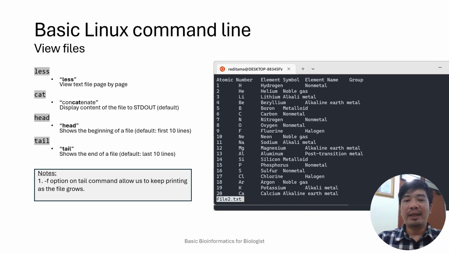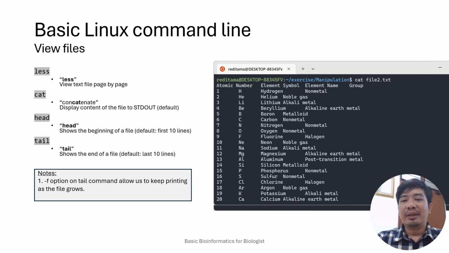Okay, and then after this, you have to press escape to close the window of less.